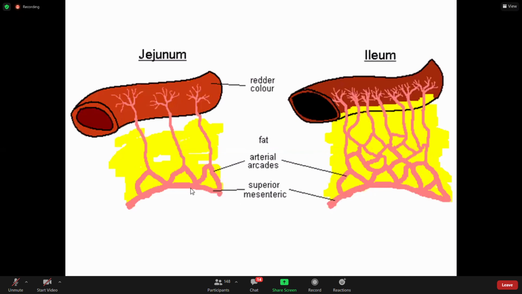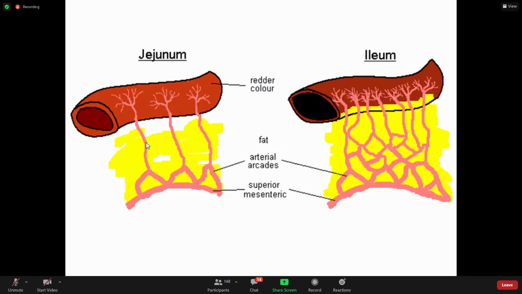तो सुपीरियर मेसेंट्रिक से हमारे यहाँ से निकलती है ड्यूजीनियल और द इलियल ब्रांच, ठीक है. इन केस ऑफ ड्यूजीनियल ब्रांचेज, इन केस ऑफ इलियल ब्रांचेज, ठीक है. अब जब वो अंदर आती है, वो छोटी छोटी फर्दर ऐसे आर्केड्स बनाएगी, ठीक है. ये आर्केड बना. अब जो ड्यूजीनियम होता है उसमें ये आर्केड सिंगल या 2 रो का होता है, जबकि इन केस ऑफ आइलियम ये 3-4 लेयर्स का और मतलब फ्लोर्स का हो सकता है, ठीक है. अब इस आर्केड से क्या होता है, ठीक है, व्हाट इज हैपन नेक्स्ट इज, there is this is the distal part or the convex part of these arteries.